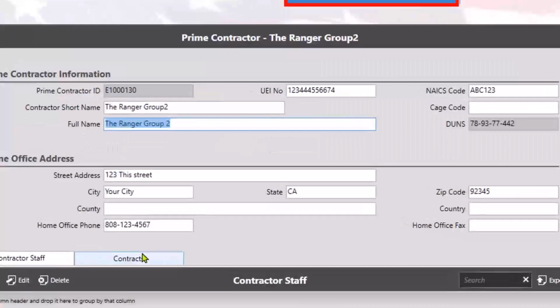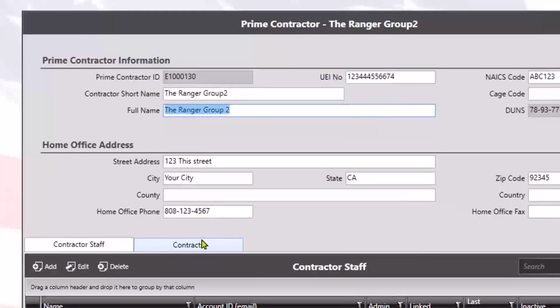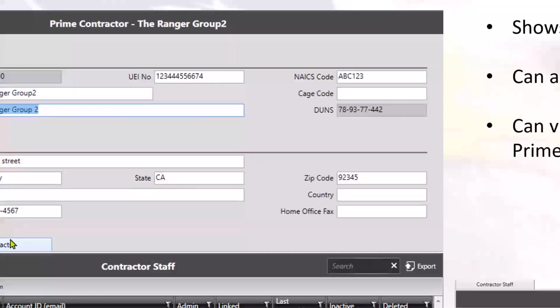There we go. All right, so on this screen, this is the information that you can fill out before you get into any of the contractors. And honestly, some of this home office stuff, you can fill that out for them. It also can be put in the prime contractor module of the actual contract itself. But you'll end up adding the short name, the full name, the UEI number, and the NAICS code,